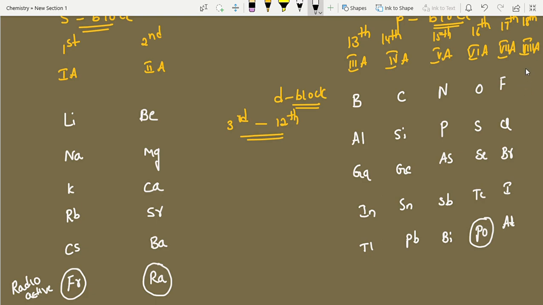Now here, the 8A group elements. It starts with neon. This is top, helium, atomic number 2; this is 10, neon, argon, krypton, xenon, radon. Okay, clear, students? S and P block. So now I will explain everything about oxidation state.